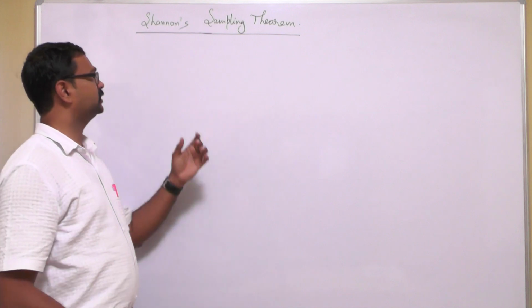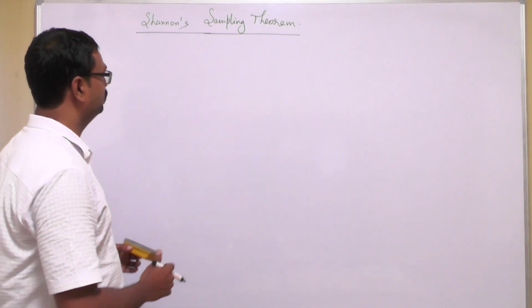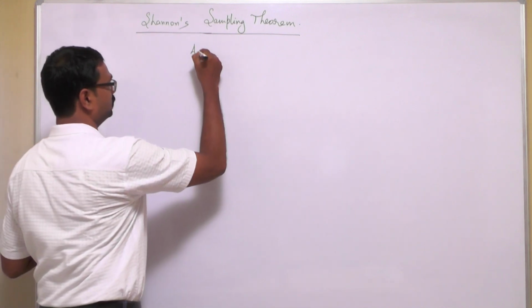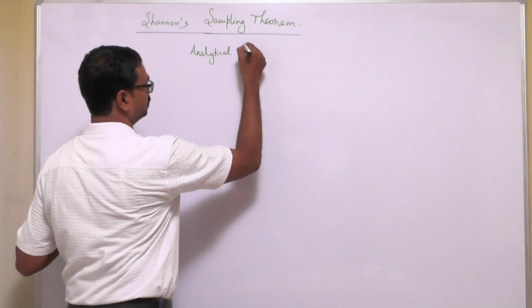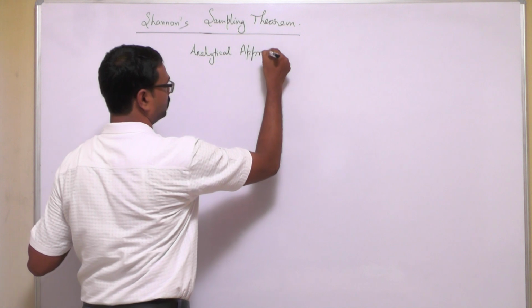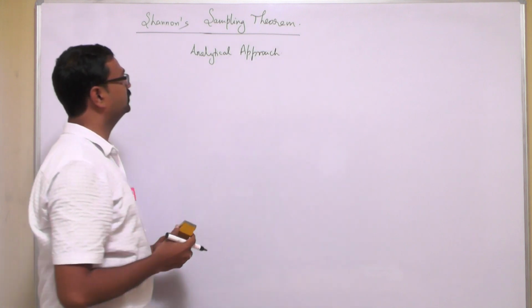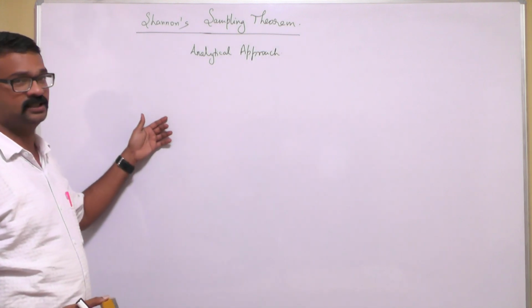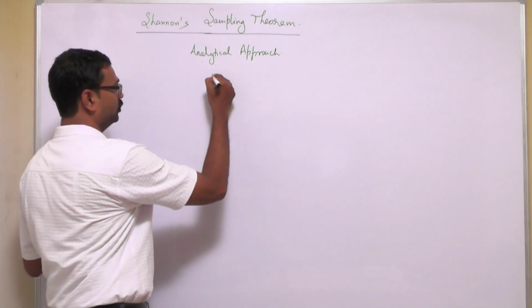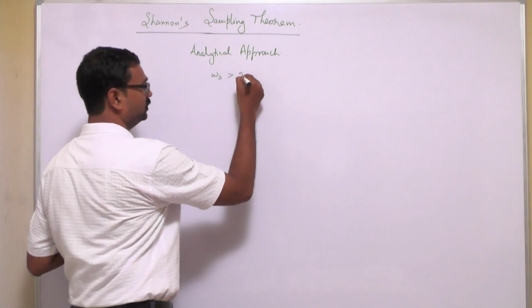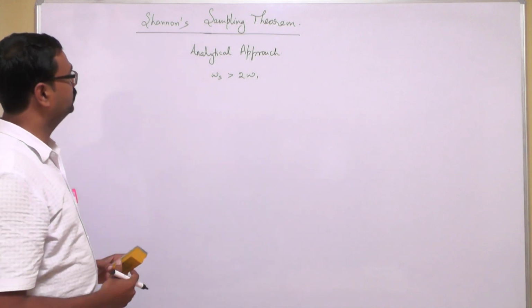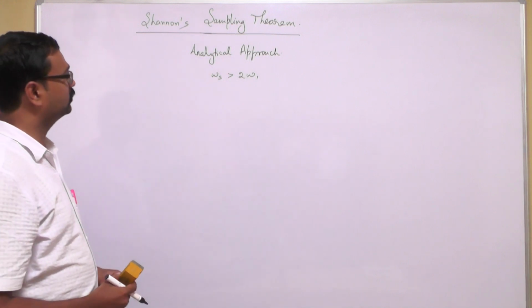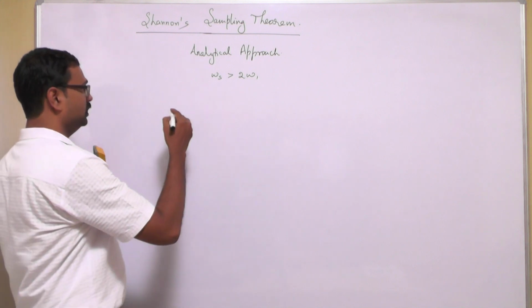We will discuss Shannon's sampling theorem, which is the analytical approach of determining the sampling theorem, or understanding why omega s must be greater than 2 omega 1 for the sampling process. Right. So we will see under this, when we are going for Shannon's sampling theorem, we should